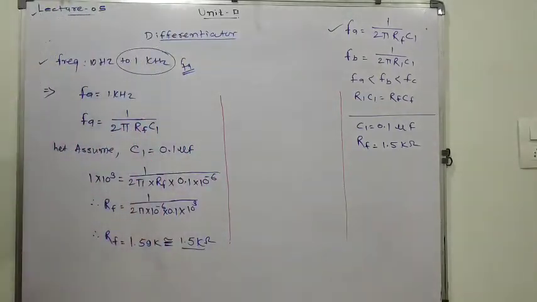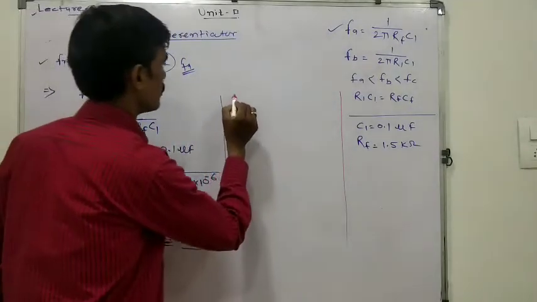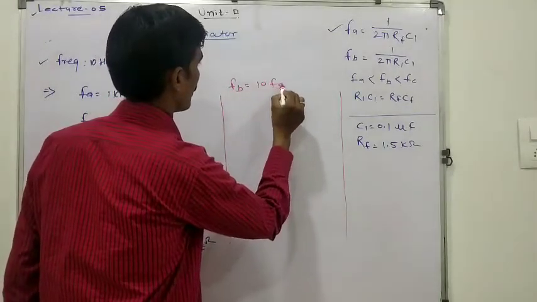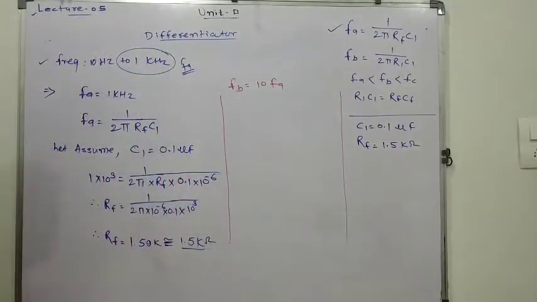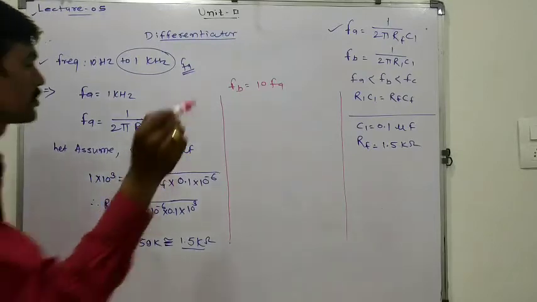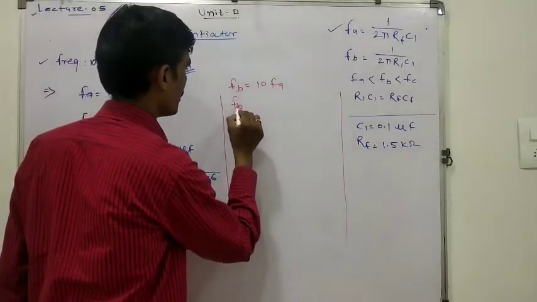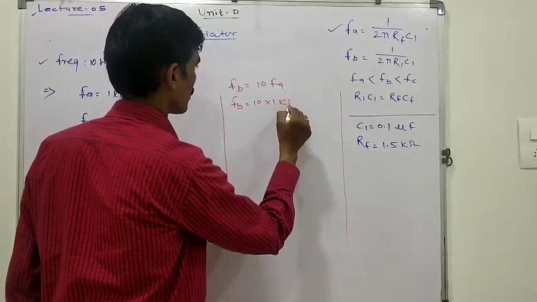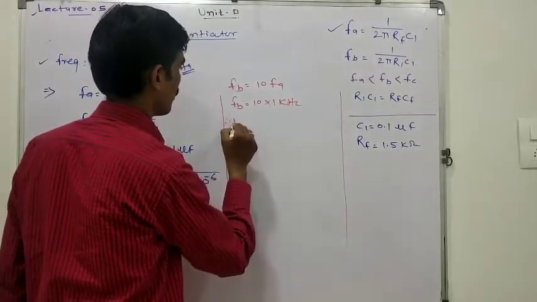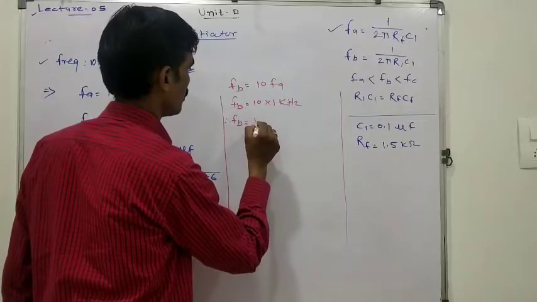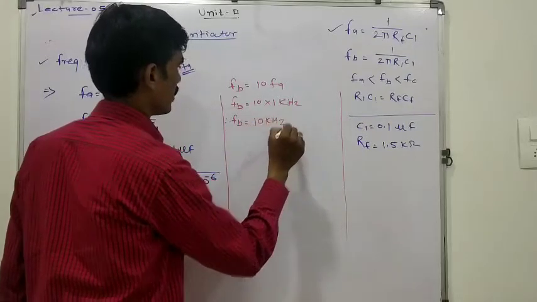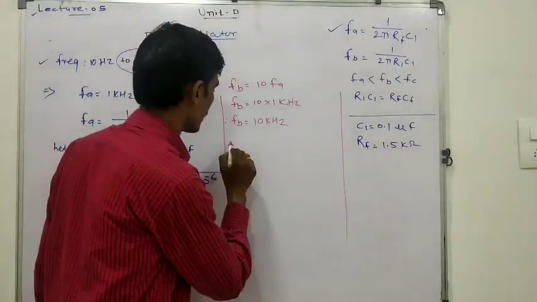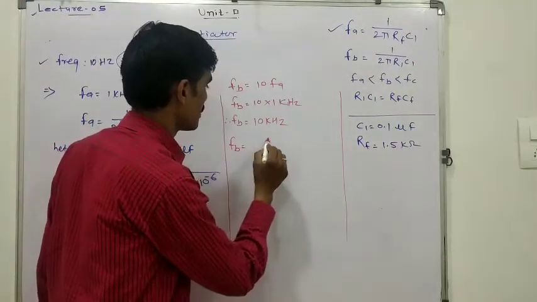Next step is that we have to assume FB is 10 times FA. Now we know the value of FA is 1 kilohertz. So obviously FB is equal to 10 into 1 kilohertz. Therefore FB is equal to 10 kilohertz. Also, we know the formula for FB: FB is equal to 1 upon